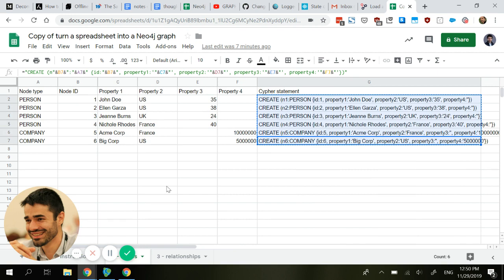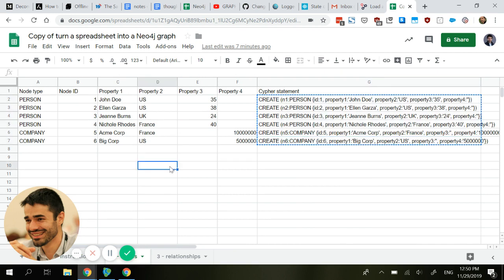And here I'm going to switch to a different tab in our spreadsheet, a tab containing information about nodes. So, for example, we see here that we have a node of the node type person. So it will be a person. That node has an ID, which is unique to it. It's one. It has a property, John Doe, and so on and so forth. At the end,